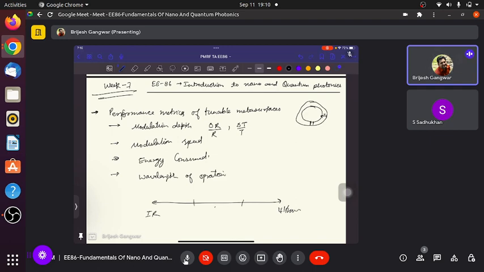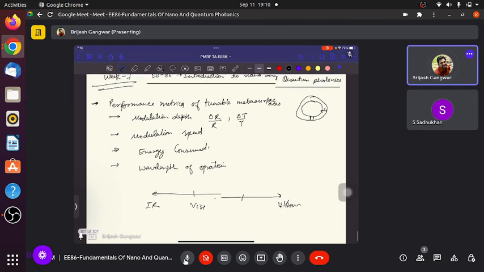There are many different regions, like the visible region, IR region, mid IR, terahertz region, gigahertz, microwave region. So it depends on the wavelength of operation, in which region we have the resonance of that material. So we will tune the performance of that metasurface depending on these things,